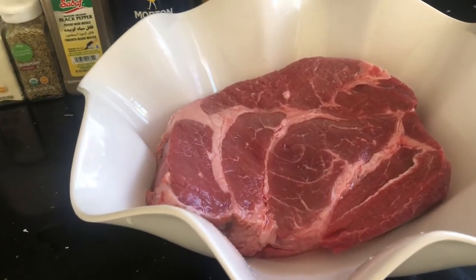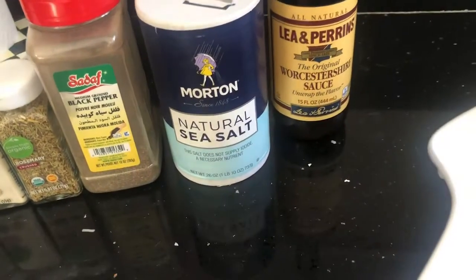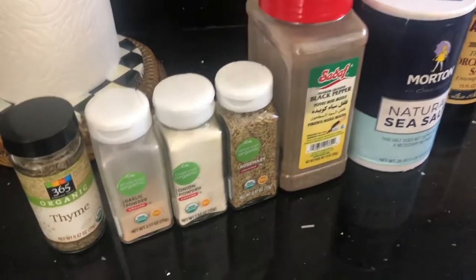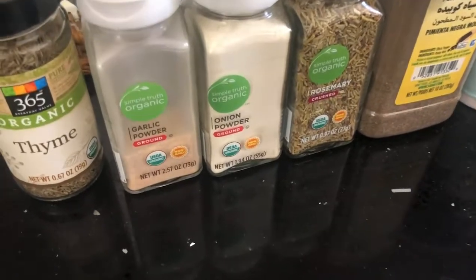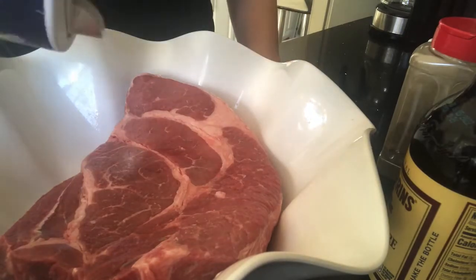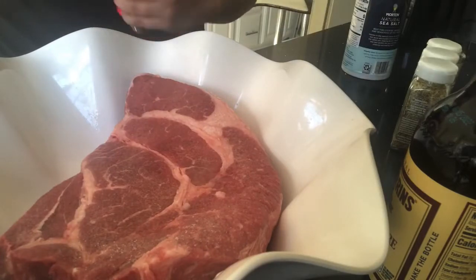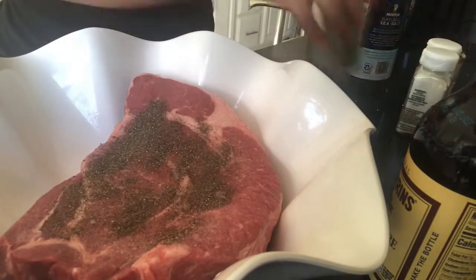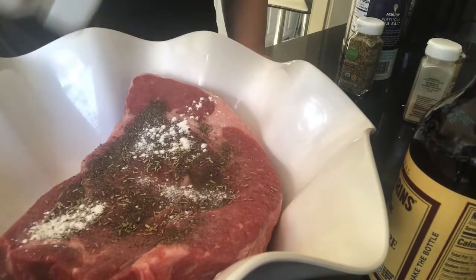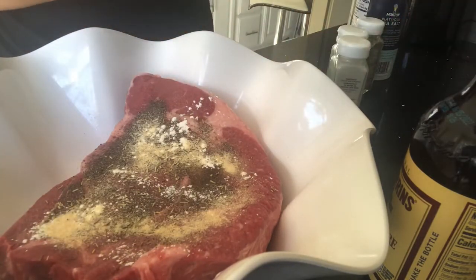Once I've done that, I drain the water, pat my meat dry, and I begin to throw in my spices. Now here I have some Worcestershire sauce, my salt, my black pepper, some rosemary, onion powder, garlic powder, and some thyme. Or thyme, as somebody corrected in my last video. So I put a good amount of salt, about 2 tablespoons of black pepper, some rosemary, maybe about a teaspoon, a tablespoon of garlic powder, a tablespoon of onion powder, and a